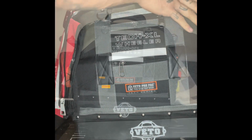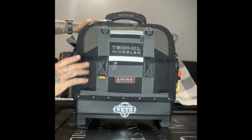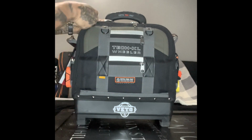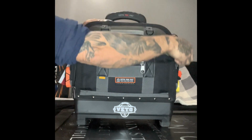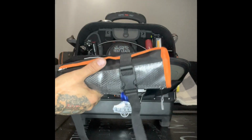TP-XXL wheeler. This has got to be my favorite bag. This is my TP-XXL wheeler. This bag is for major and minor repairs. So again, there's a lot of tools that are just in my truck in bins that get used with this, but